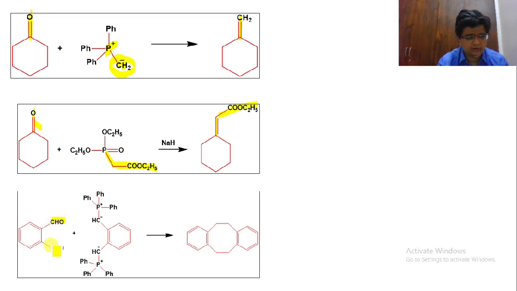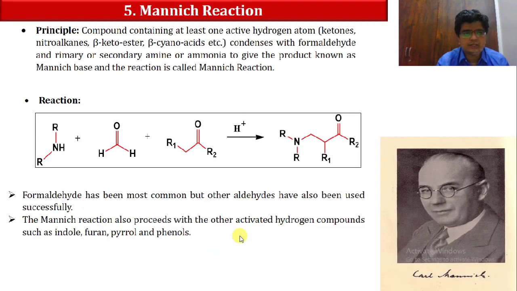Here we are having two aldehyde groups. Okay, this is our two aldehyde groups. So this is our ylide compound, that is P positive and CH negative. So what will happen? This oxygen and oxygen will be removed by this intermediate. So this will go down over here as the byproduct. So now this CH and CH will attach over here. So this is our CH and CH. Now this CH and CH will attach over here. So we can produce an 8-member ring. So this is our 8-member ring, what we can say as a cyclooctane compound. Okay. So now this is a Wittig reaction.